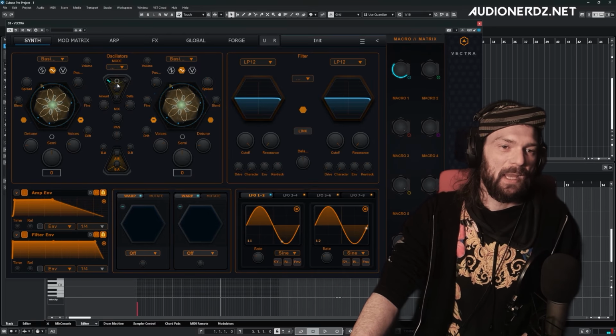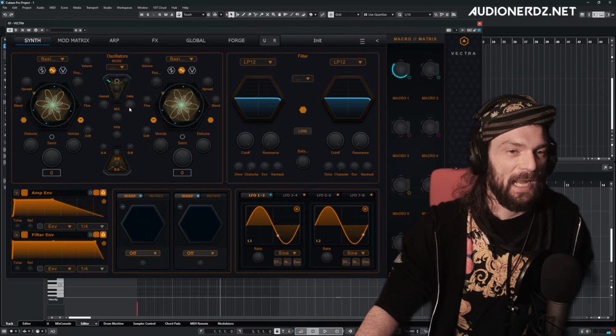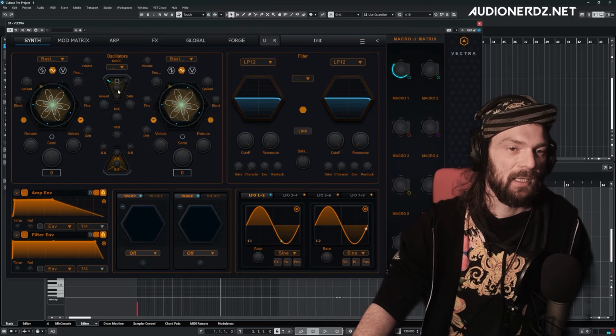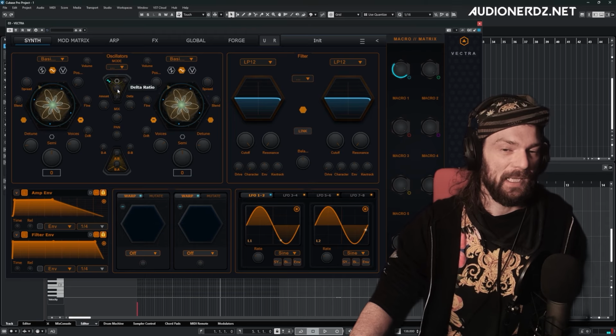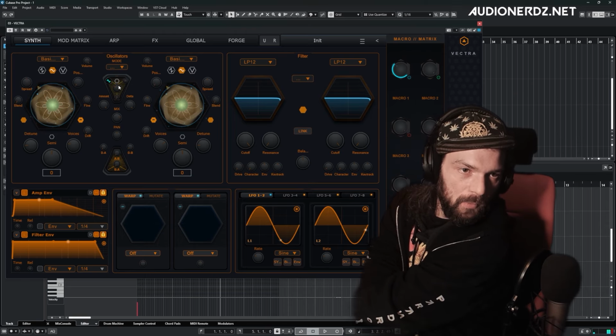We also have a ratio knob here, and this is what actually determines the pitch of the delta oscillator. So when I turn this up,